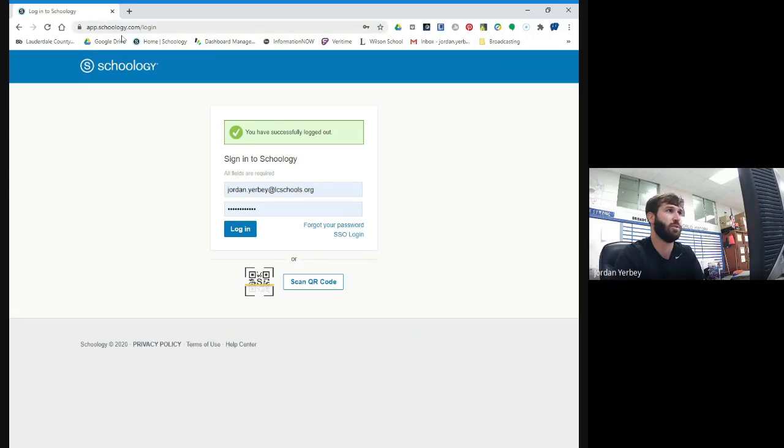You need to make sure you go to Schoology and make sure you don't go to any other schools' or districts' websites. Sometimes that can happen. Just make sure you go to the Schoology main page, and you should be able to sign in using your school email and whatever S number you set up. Hopefully you set up the right S number and you can log in. But once you log in,